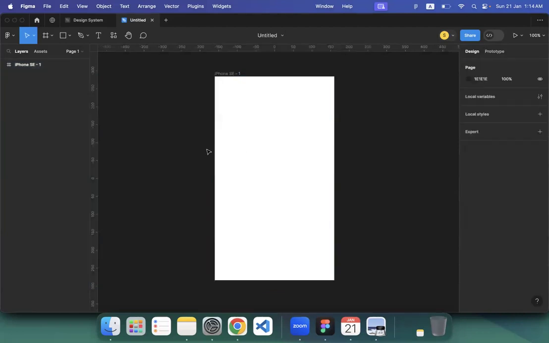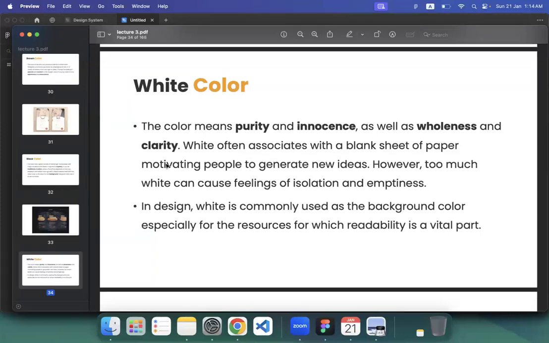blank white color paper, purity and innocence. White associates with a blank sheet of paper, motivating people to generate new ideas. So you are free to generate something new, generate new ideas. So you are independent and design